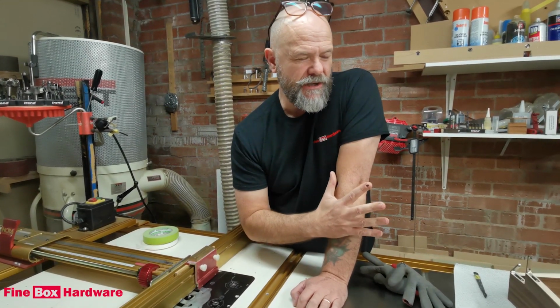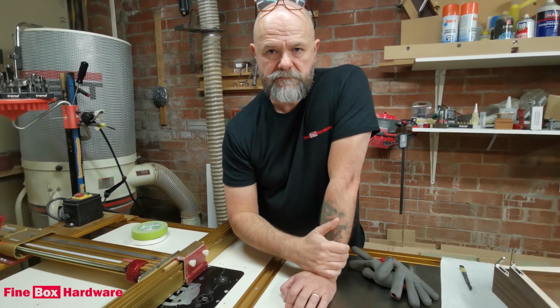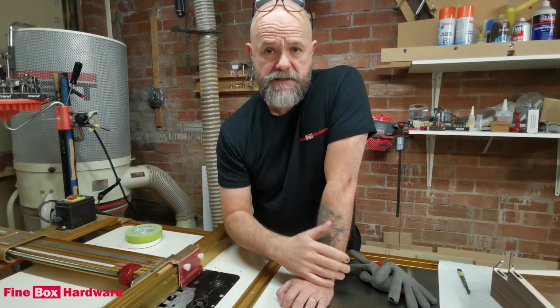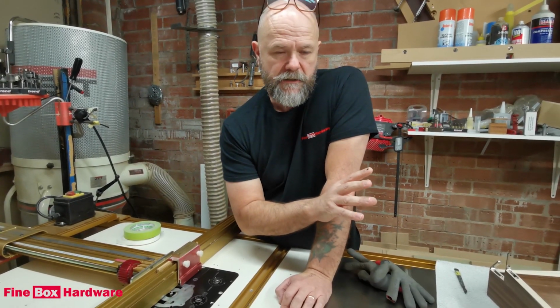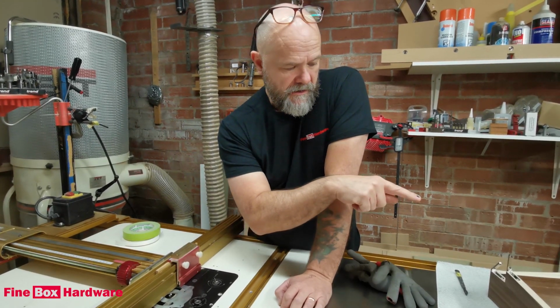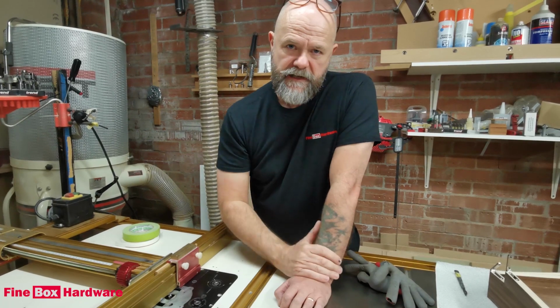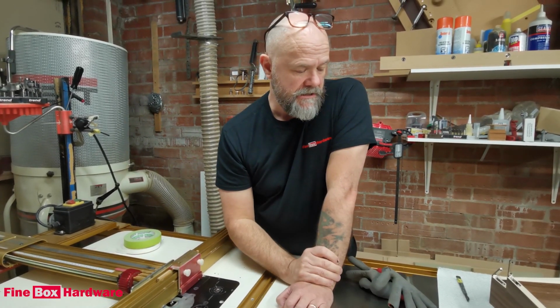How many boxes would you get out of a spiral bit? 50, that's a guess. It's really until you start to see it not producing as clean a cut as you want, you end up with a wee bit of a furry edge. Although it'll still cut, you just have to clean up that edge. So